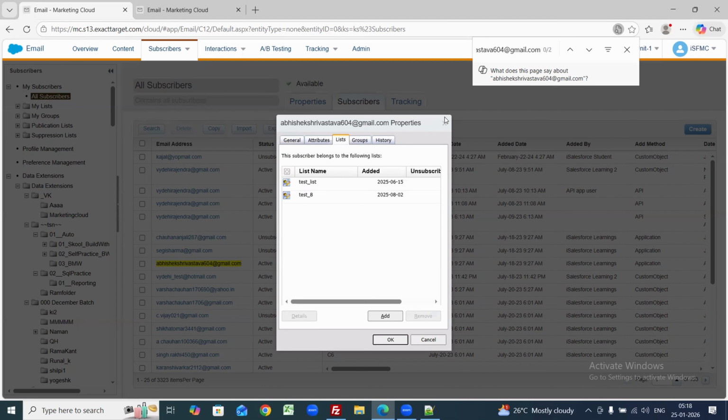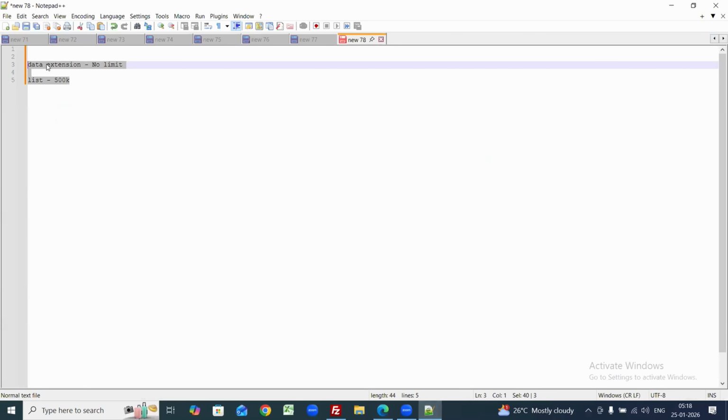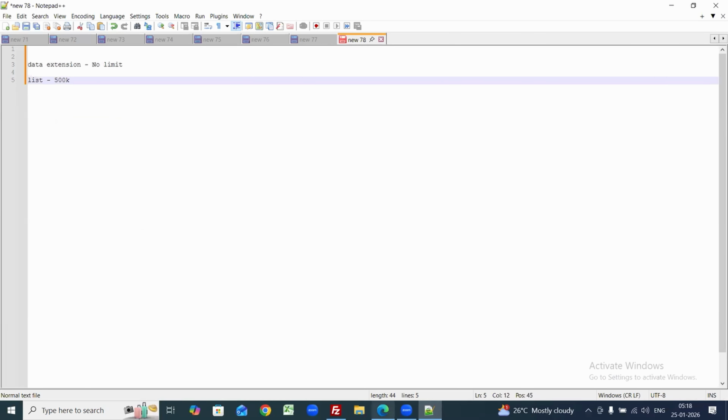Got it, Shruti. Yeah. So I want to tell you one after one without confusing you guys. Before telling you about all this, I want to start with a basic thing called a data extension. What is a data extension in Marketing Cloud? We can simply consider it as a database where we are going to store the